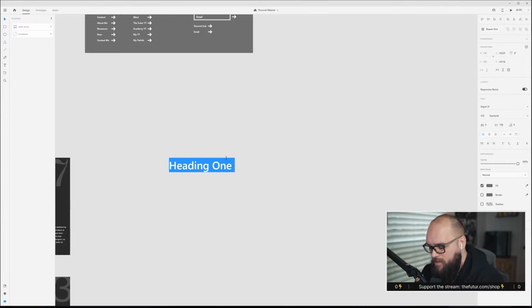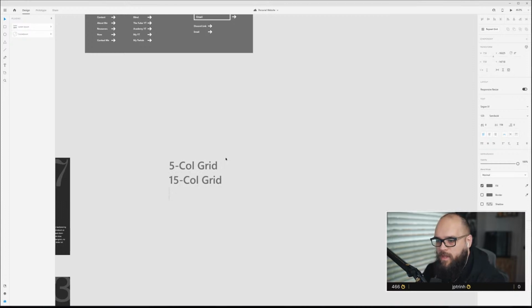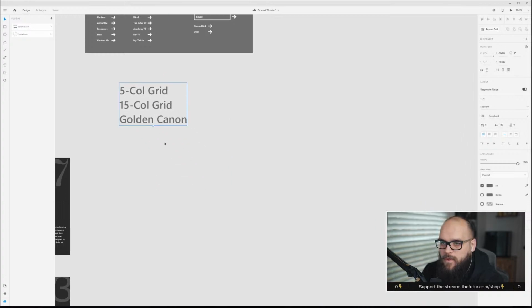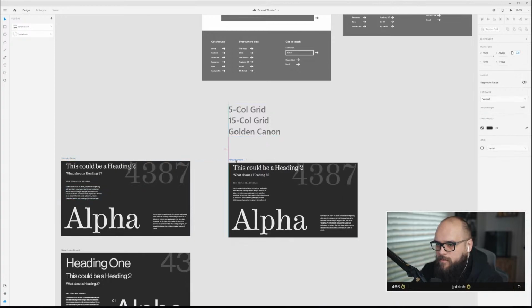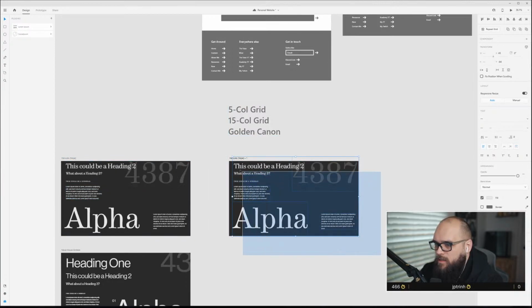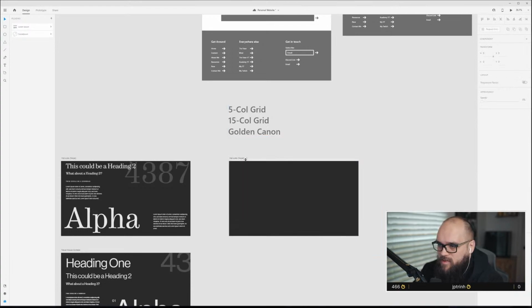All right, so I'm interested in a 5-column grid, 15-column grid, and playing around with the classic golden canon grid. So really we're just going to experiment with artboards and blocks and check out different ways to position elements on the page, thinking about the home page, which is now going to be super simple, but also thinking about